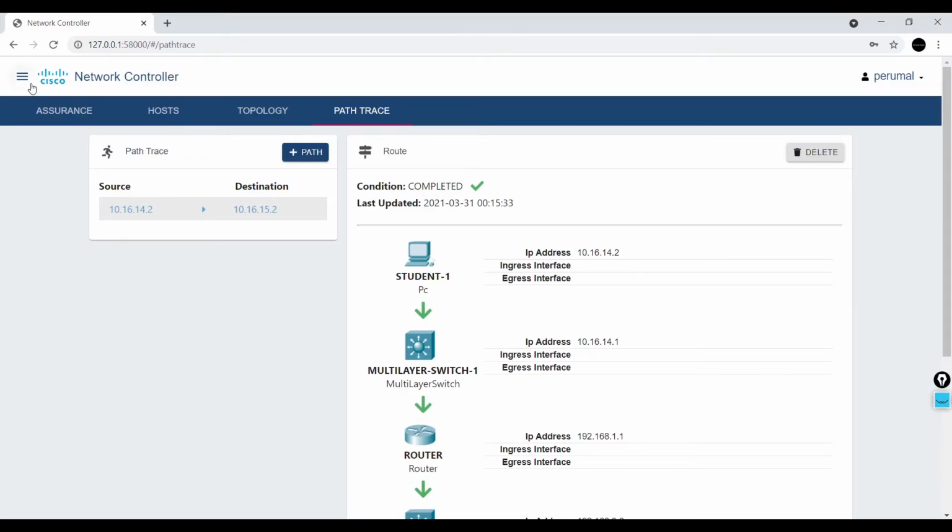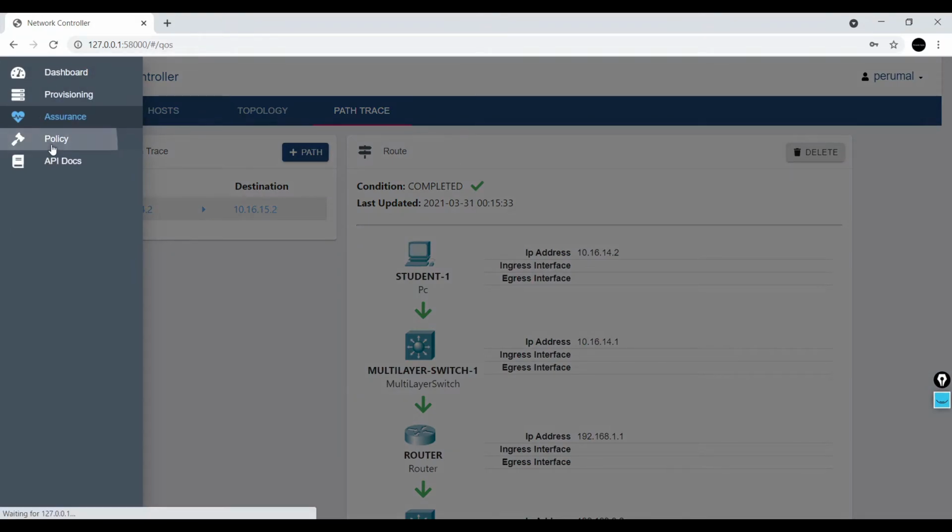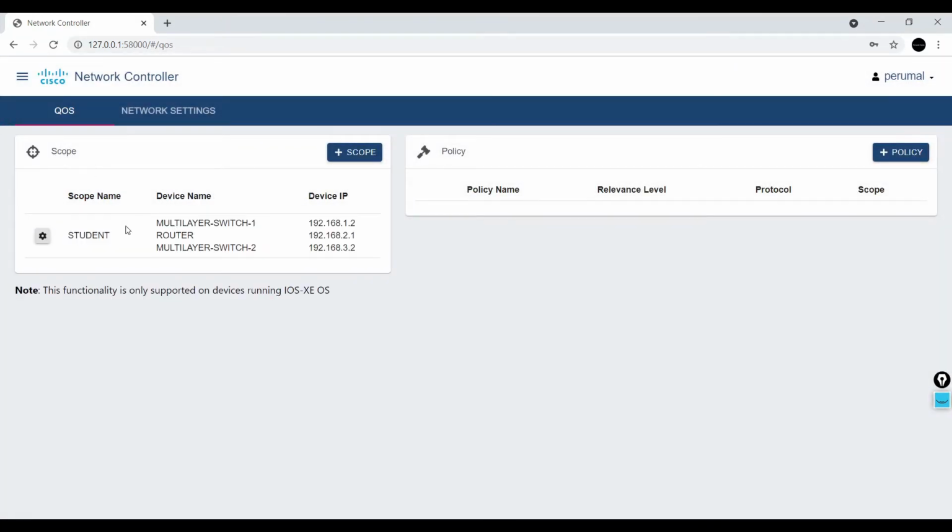Now the crucial part, policies. We can also use policies to define QoS here, because the main advantage of controller-based networking is centralized management.